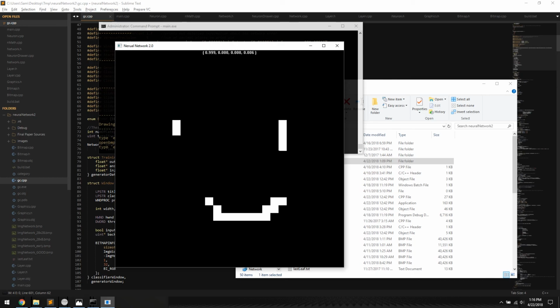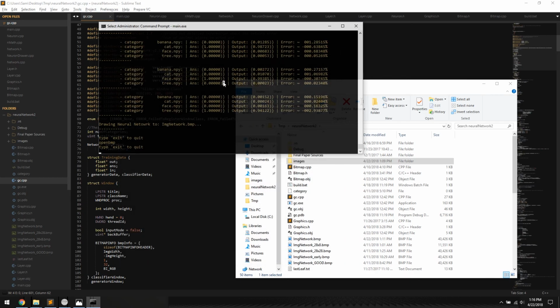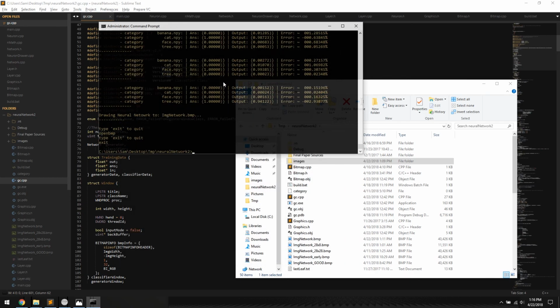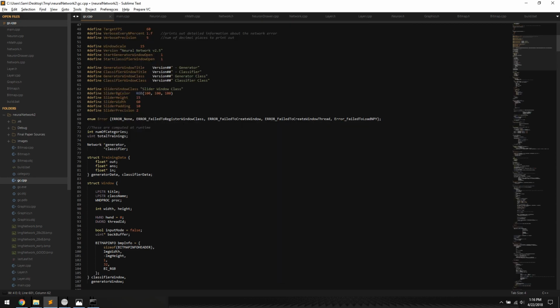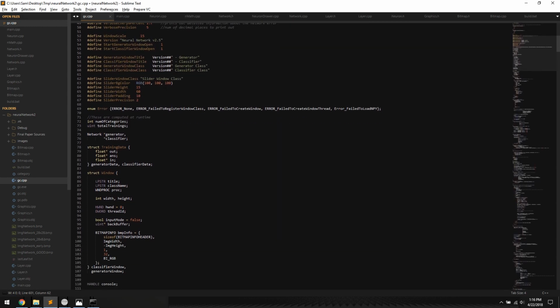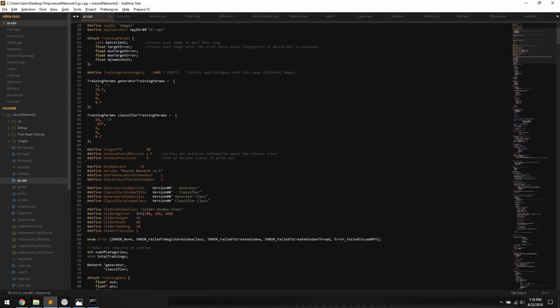The number of trainings is very important. How long I train them on each input also makes a big influence. You can probably see this on the generator. If I go back down over here, here's the generator. Right now I say each image can be trained for a maximum of 5 times. If I make this 1, let's say,